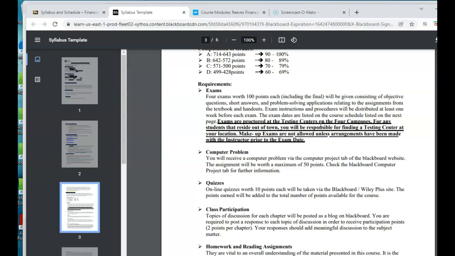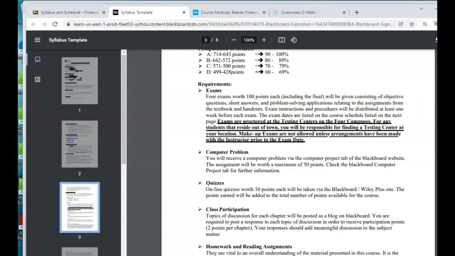Okay, so we'll talk in more detail about the actual times for the exams, but again, your four exams are going to be proctored at one of the testing centers at the four campus locations. If I have any students that are out of state, you'll have to find a testing center where you are for the exams, and we can talk about that more one on one.